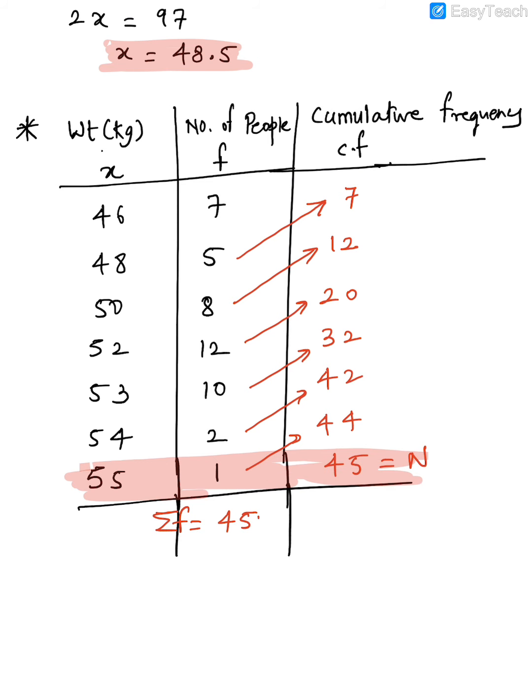Okay, if I tell you 53, look at this row out here, what does this mean now? It means that there are 42 people whose weight is less than what? 53 kg or 53. Clear? Or if I say here, look, what does this mean? That there are 20 students whose weight must be either 50 kg or lesser.